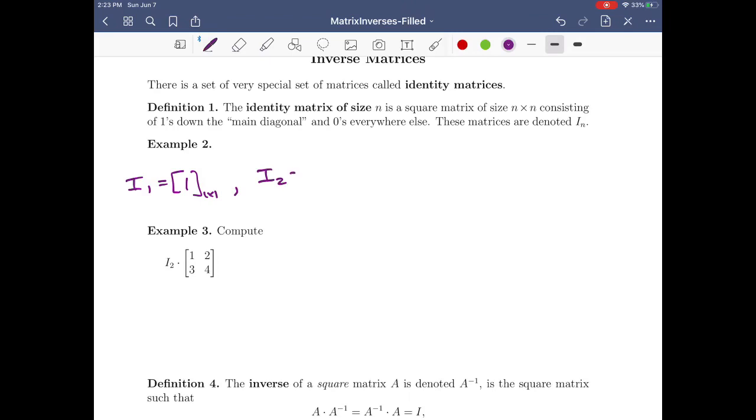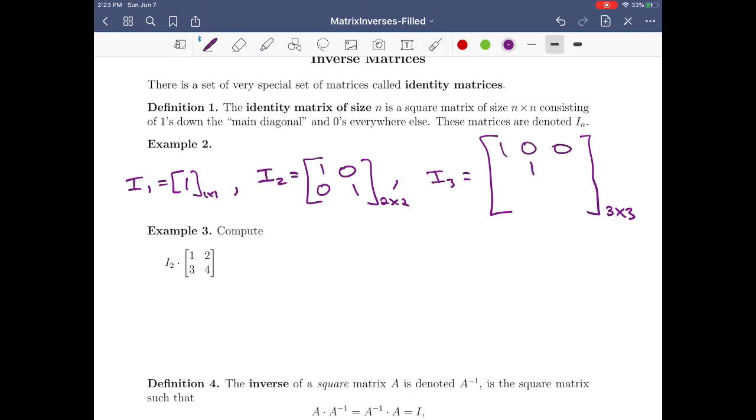I2 is a 2 by 2 matrix, 1s along the main diagonal, 0s everywhere else. I3 is a 3 by 3 matrix, and it has 1s along the main diagonal